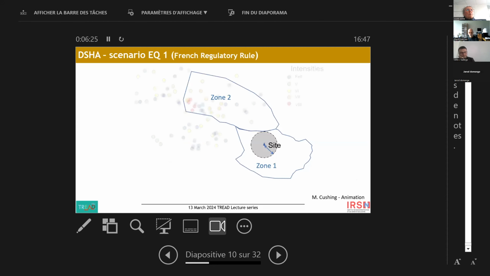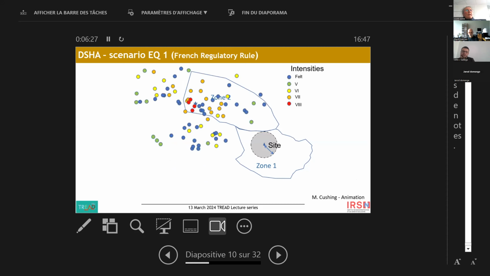And what we do is we take that intensity field, we somehow deduce what we call the isoseismals of the event, which are trying to describe equal intensity felt